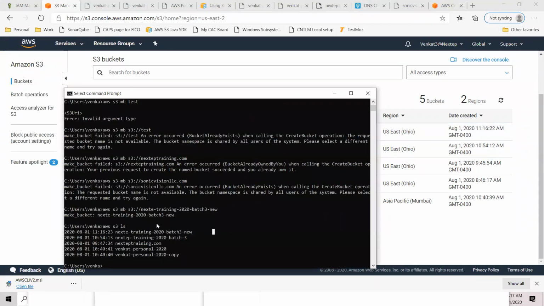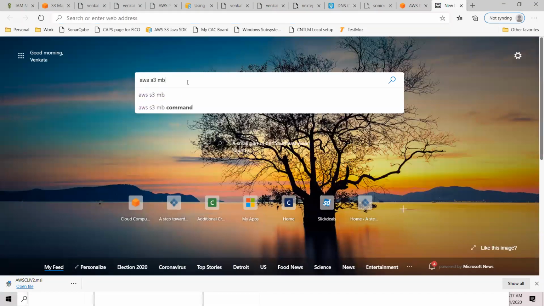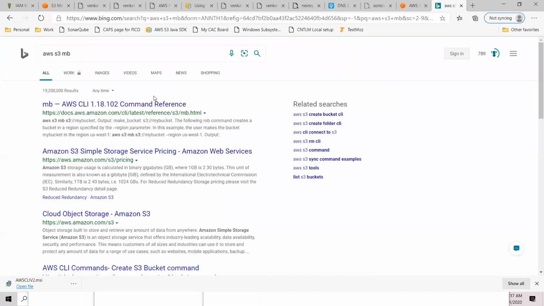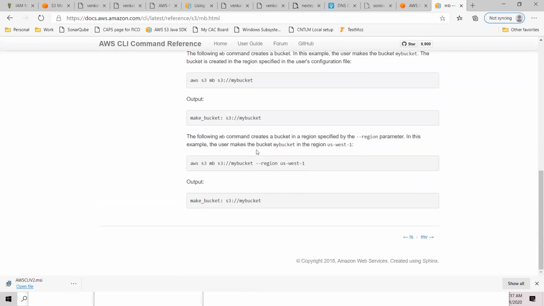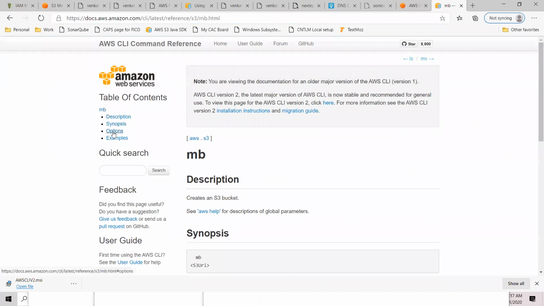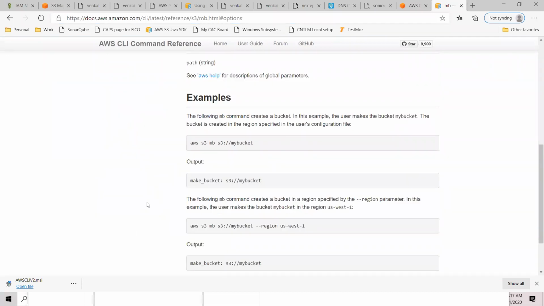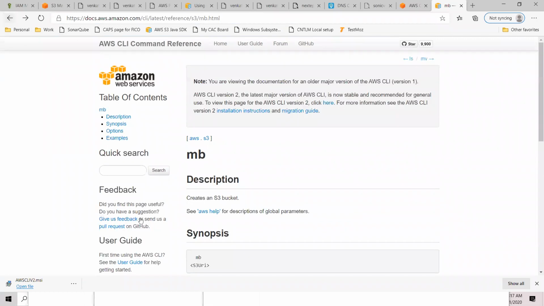Yeah, with this one, AWS S3 mb, you have 100 different options. You go to AWS S3 mb options. This is 1.18, but you can use this one also, not a big deal. MB options, there you go. Output, okay, you can only provide the region.